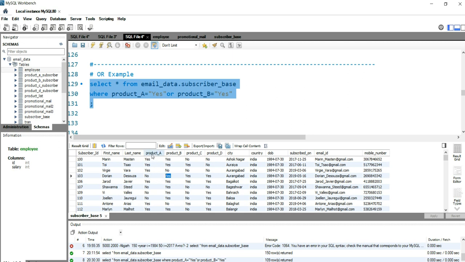Now if product underscore A is no, then only will the OR operator go and check the second condition, which is product underscore B is equal to yes. And if the result is true, then it will return that row as our output or result set. So this is basically how the OR operator works in SQL.